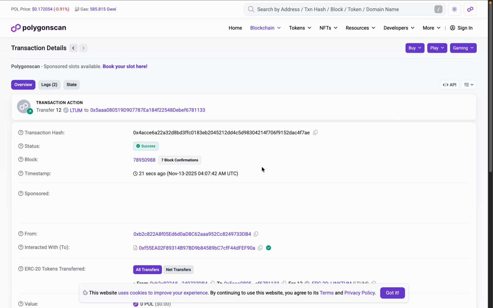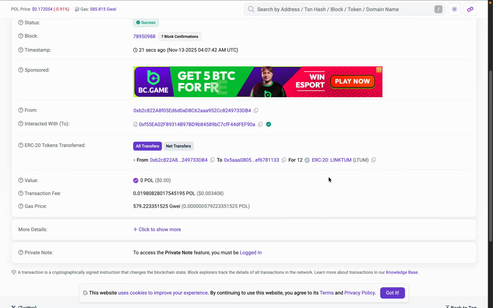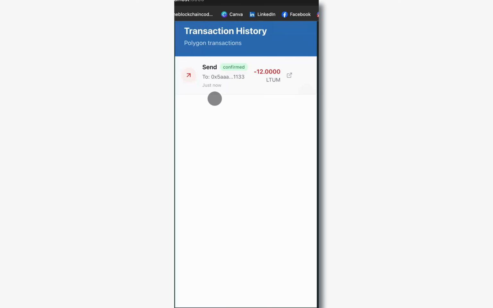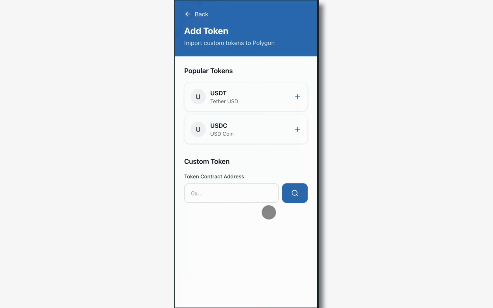There you can find all the transactions we have performed, that we have transferred the ERC20 token, and you can see the quantity. That's all there is. You can come back here and see the balance. If you want to transfer more tokens, you can come back here, and this time